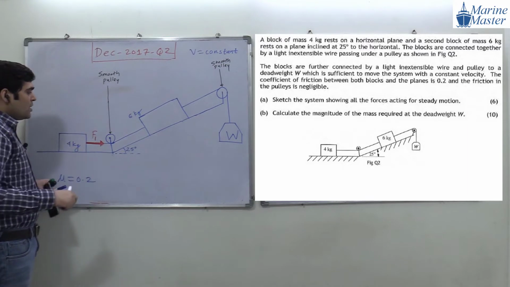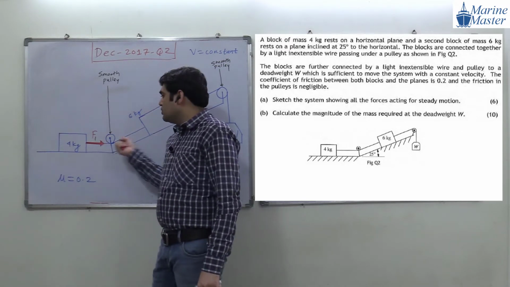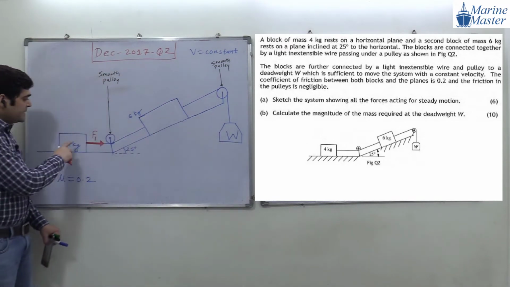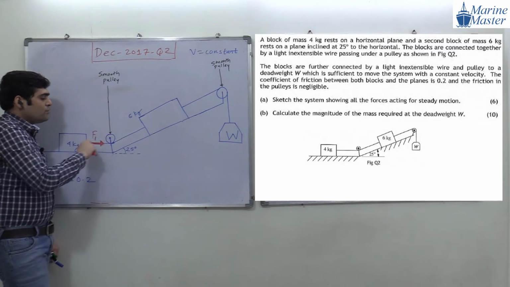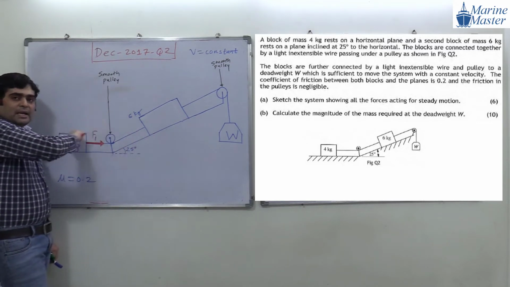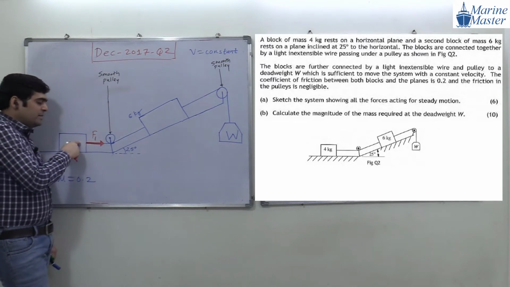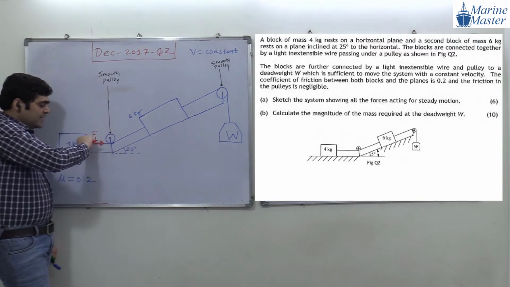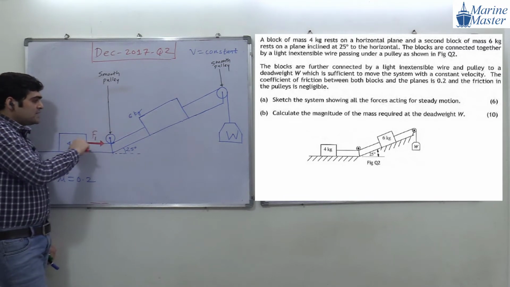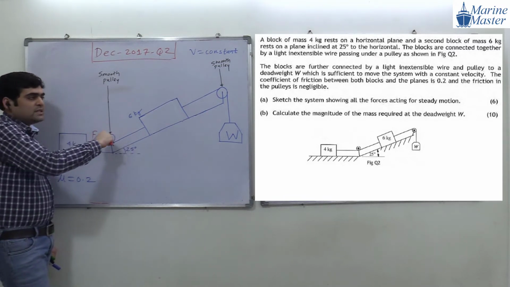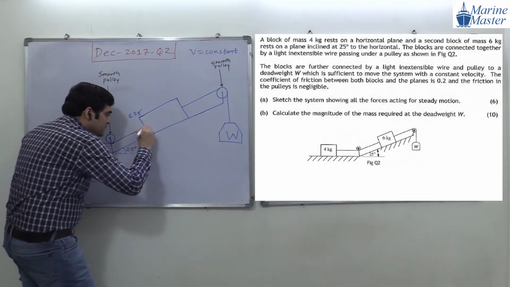So what will this 6 kg mass do? It will try to pull the 4 kg mass. So whatever the force, this is F1, coming on the 4 kg due to the 6 kg. So here there is a tension F1. But the inverse will also be there. If the 6 kg mass tries to pull the 4 kg mass, then the reverse will also be there: the 4 kg will also apply a force. So here also there will be tension.